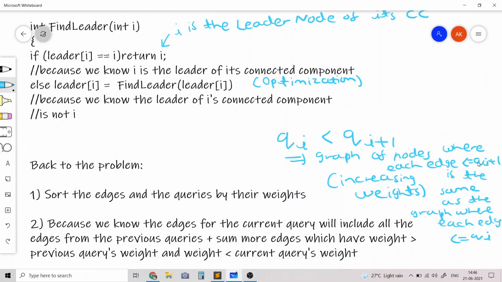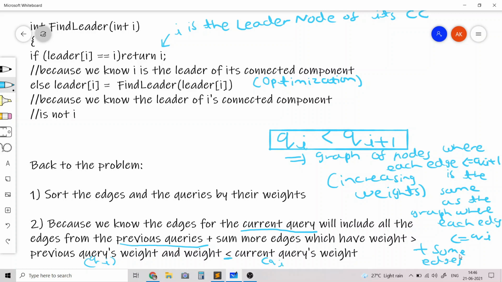So recapping that, the current query will include every edge from the previous queries, because these are happening in increasing order of the weights, plus some more edges. Those extra edges will be basically those edges which have a weight greater than the previous query's weight and less than or equal to the current query's weight.